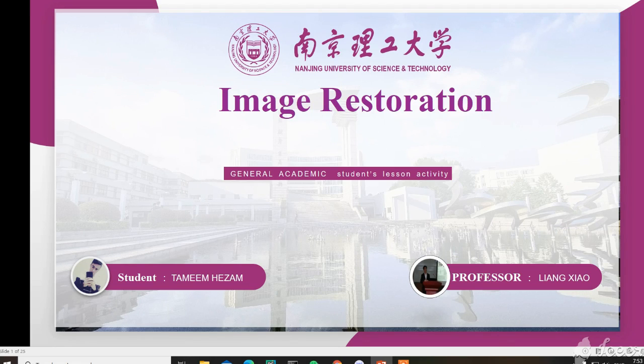Hello everyone to the image restoration lecture. In this lecture, we will introduce the classical restoration problems. According to it, there is a system between the original image and the acquired image, which introduces some type